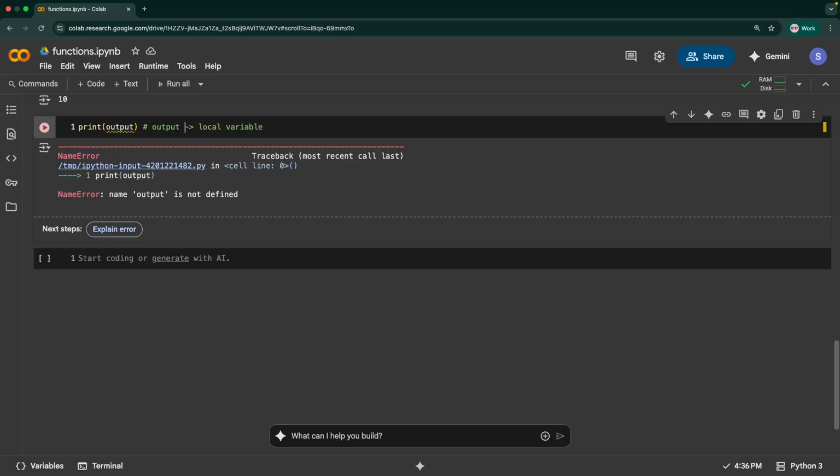We have also seen how to use return statements to store that value in a variable. And finally, we have discussed variables inside the function and outside the function, called local variables and global variables. Basically, functions make your code organized, clean, and reusable, and they are a huge part of real world Python programming as well. That is all about this section of functions.